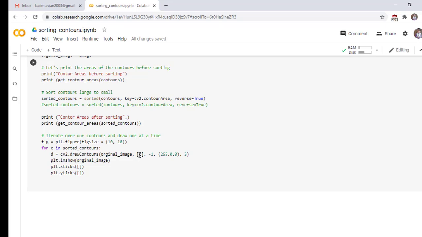Sorry, c means our first shape of the image, and this is the color of the contours. This is the thickness of our contours. Plot show original_image. The plot x ticks is empty and the plot y ticks is also empty. It means we don't need the x scale and y scale. Now we run the cell and see the output.